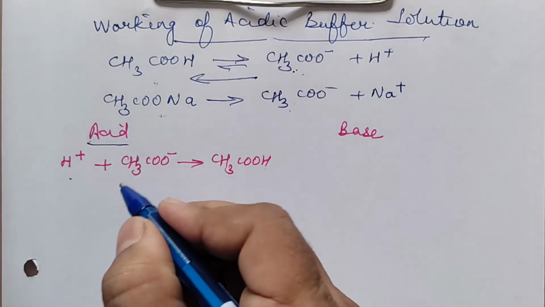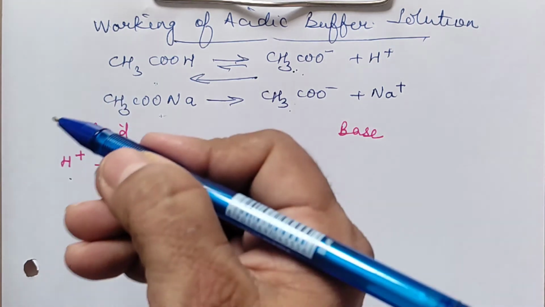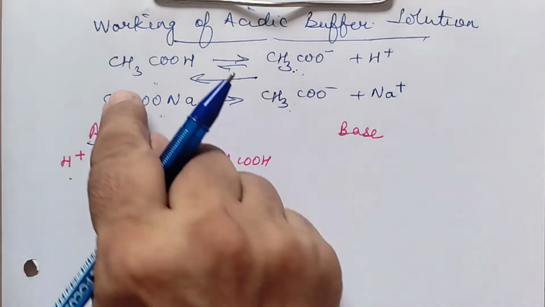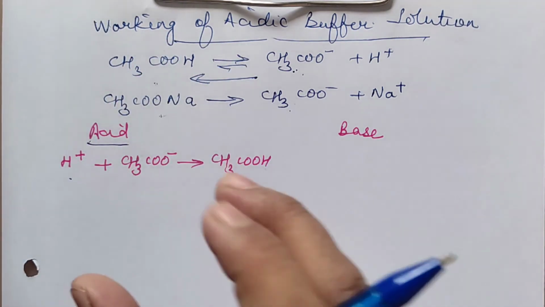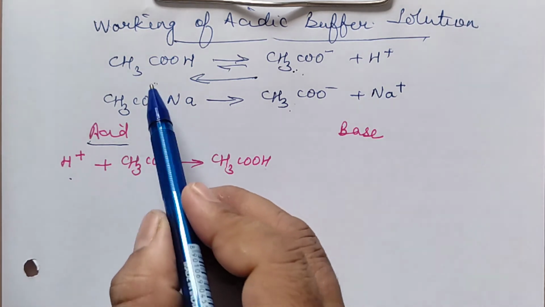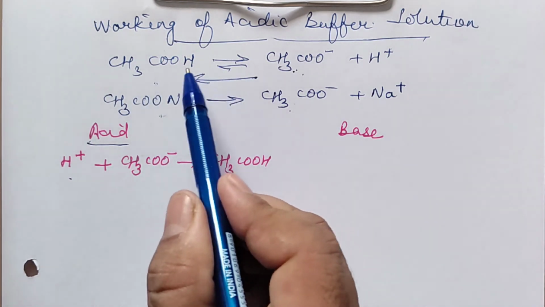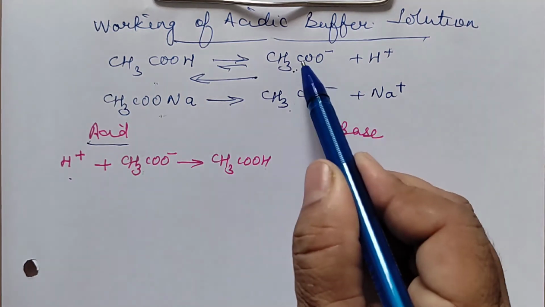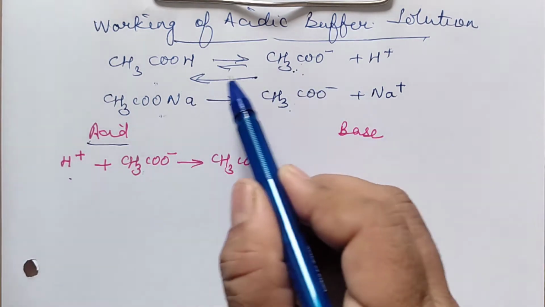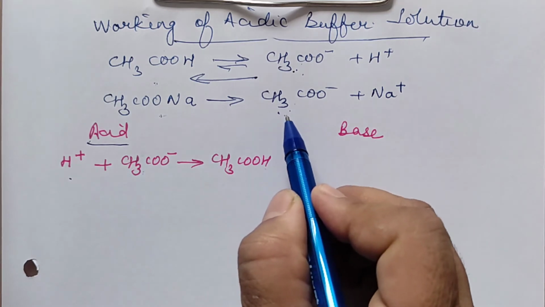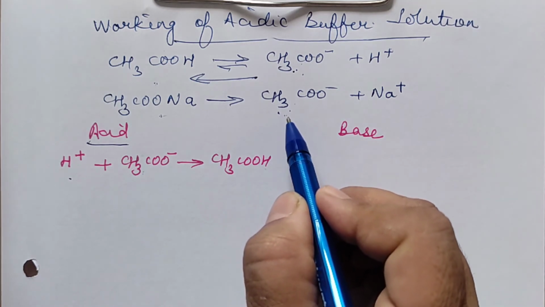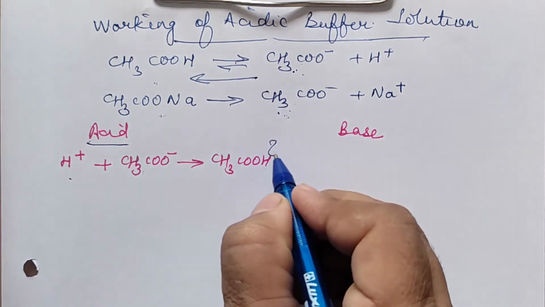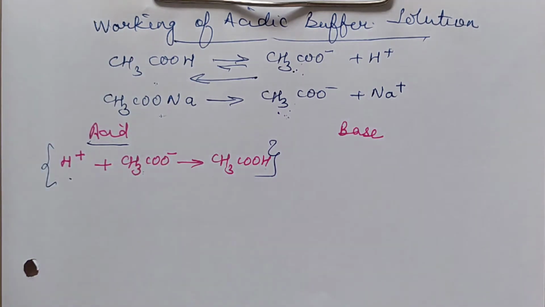Acetic acid is itself a weak acid. Even though its concentration is increasing, it is not getting affected to much extent because acetic acid will not dissociate to greater extent. Moreover, when it is getting used up to get converted into the backward, there is a common ion available from here, from the second equation. So this is not going to affect the pH to the greater extent.